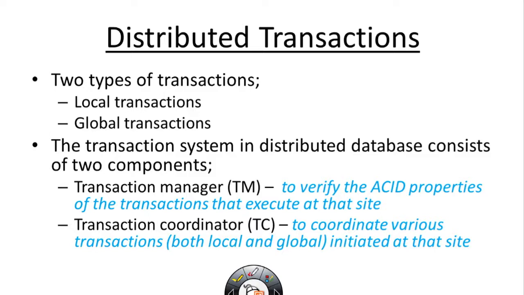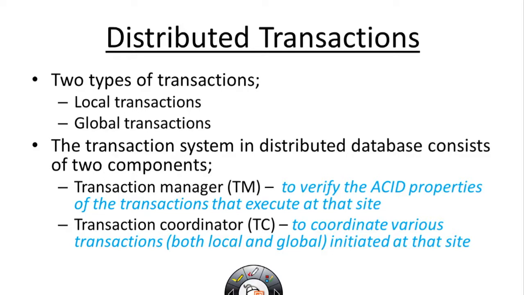One more example would be a manager who is responsible for taking the compiled report of all the branches or all the different sites. He has to collect the data from multiple sites to the local site and process the request. So these are some examples of global transactions. In a distributed database management system, we have two different types of transactions: one is local and the other one is global. Okay. Now the question is, how do we achieve this? How are we able to handle these local transactions and global transactions?